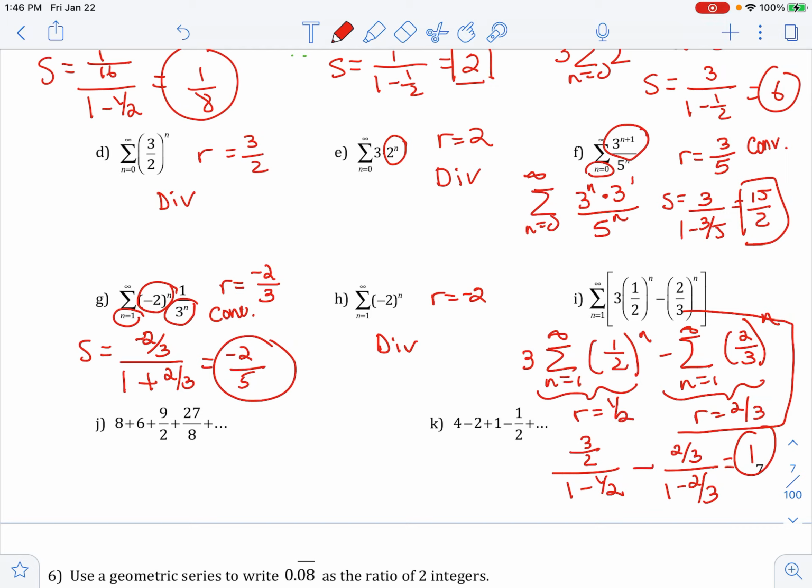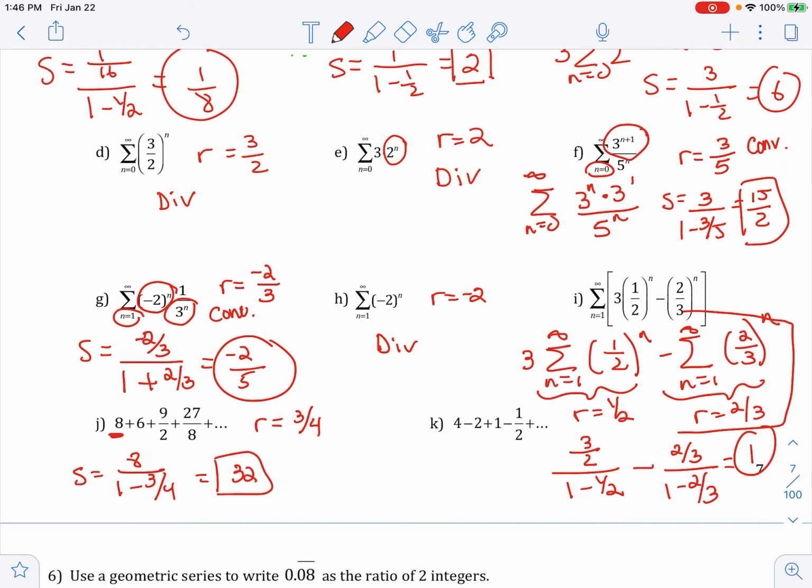Okay, the last two problems are not written in sigma notation, but we still want to pull out the same information. Notice here your R is 3/4. Really, if you can't figure out what you're multiplying 8 by to get to 6, just work backwards. 6 divided by 8 is 3/4. So that means that you do have a sum because it's less than 1. My first term is 8, so your sum is A over 1 minus R, which is going to give me